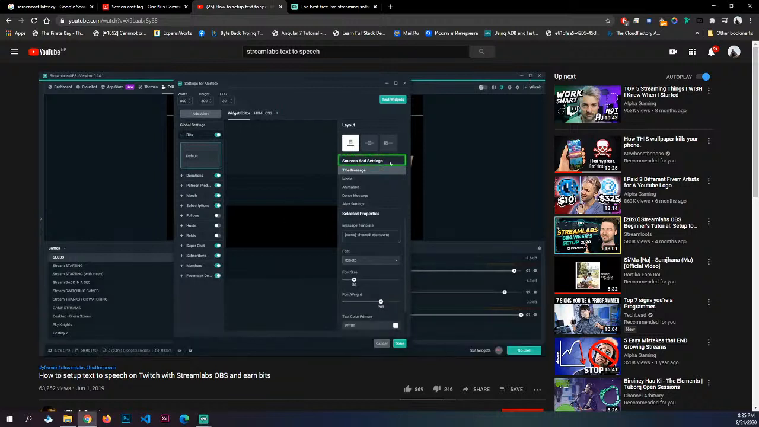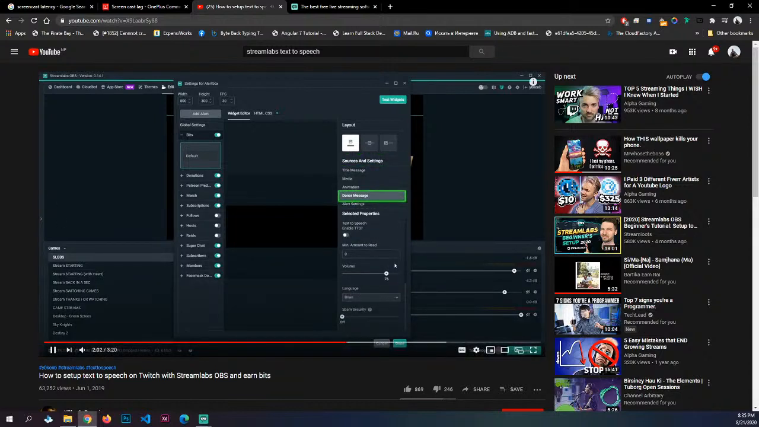is enabled. Under sources and settings on the right, you need to click on donor message. Scroll down the selected properties panel which opens up below and then make sure the text